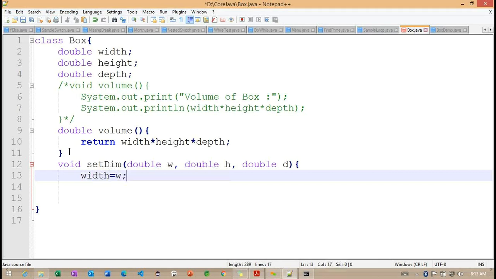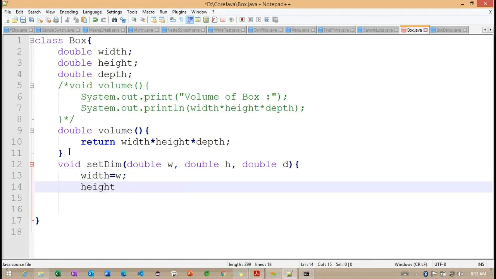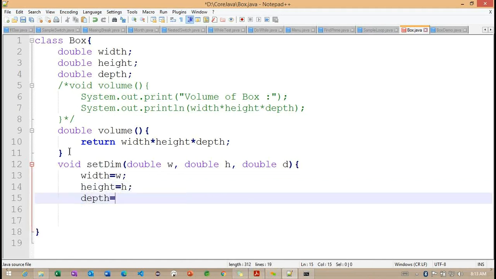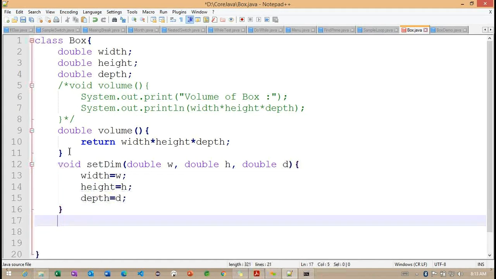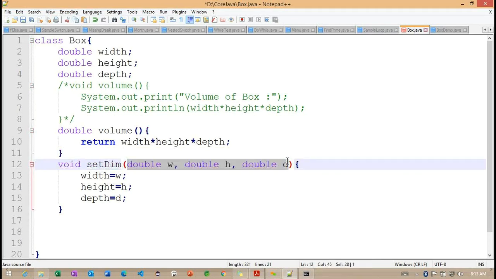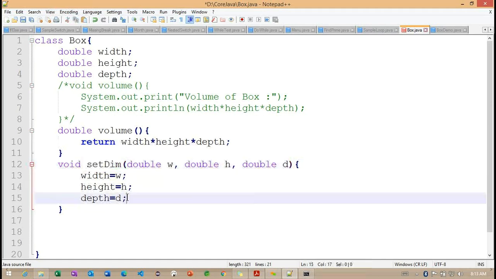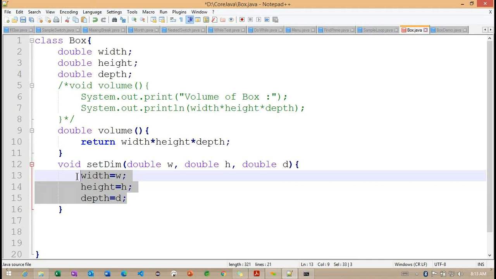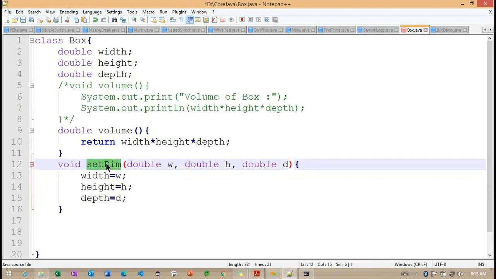Getting the point. Now we need to understand how I'm connecting here. This section is important, so carefully observe what I'm doing here. Basically, I'm defining one method which takes three parameters. What is the purpose of this method? The method is to initialize the values that we carry when we call this set dimension method.